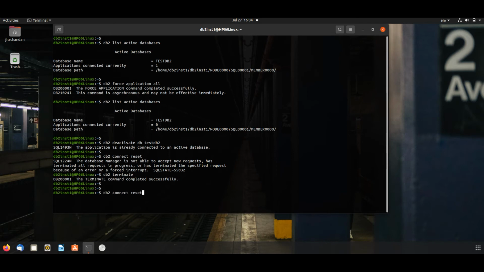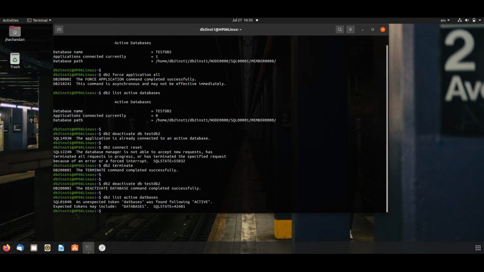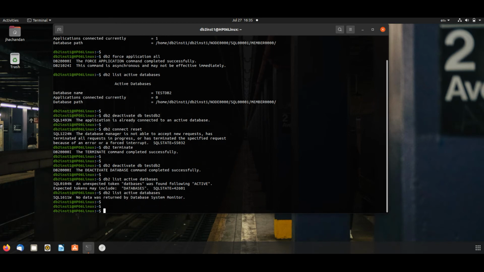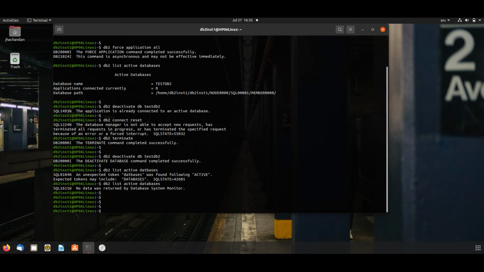This will deactivate the database. Now you will see there is no active and online database here. db2 list active databases. No database returned by system monitor.